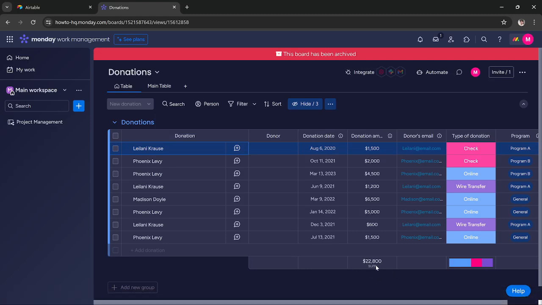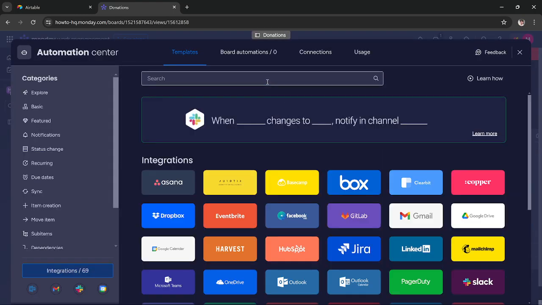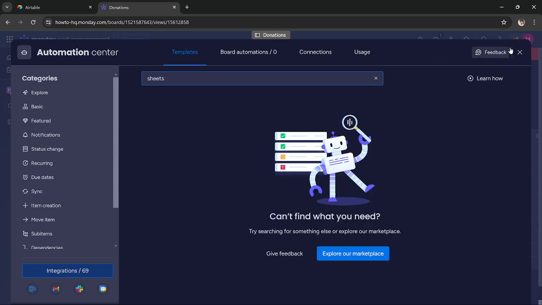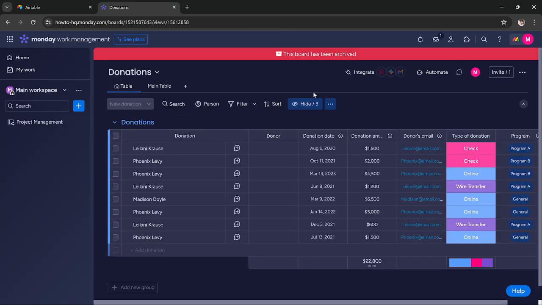Hi guys, in this tutorial I'm going to teach you how you can link or connect Google Sheets in monday.com. So basically if you go to the integration section and search for Google Sheets, you get nothing, and that's because monday.com does not have a dedicated automation for Google Sheets, but you can use third-party tools like Zapier to